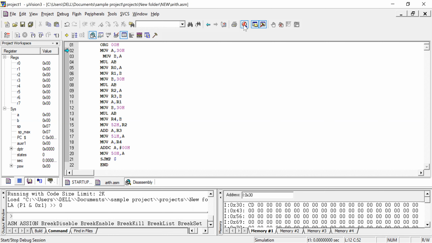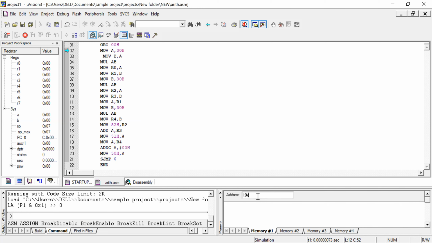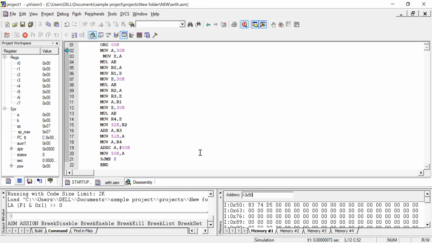So I'll run the program now. You can see the result. My result is stored in 50H. So here is my 24-bit data. These three locations hold the 24-bit result.